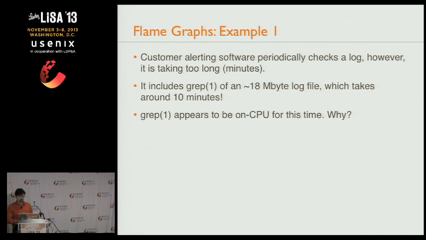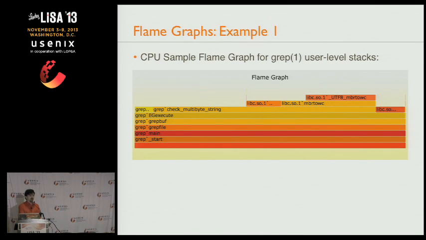That seems really nutty. It was a problem for the customer because they were running this from crontab because they wanted to check for various keywords to alert on their log. And the problem was if you check this every 5 minutes, then the crontab tasks are stepping on each other's toes because one's still running when you're firing off the next one. And so they very much wanted this to run in 5 seconds or 1 second, not 10 minutes. That's the flame graph.